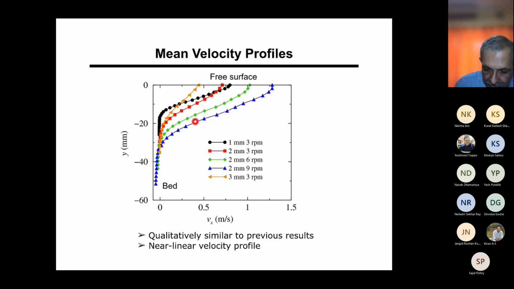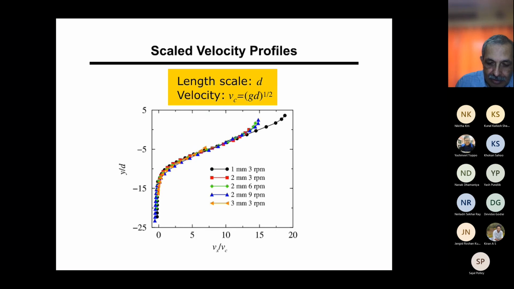And what we had to assume is that it's a linear profile, so you can see it is in fact approximately linear. And then, again, as we have done all the scaling before, this also scales very nicely. When you take the particle diameter and the characteristic velocity, so if you put y divided by d, where y is this distance, and if you take x, which is the velocity, and divide that by the square root of gravity times the diameter, then you get all the profiles collapsing onto each other. So here you can see that